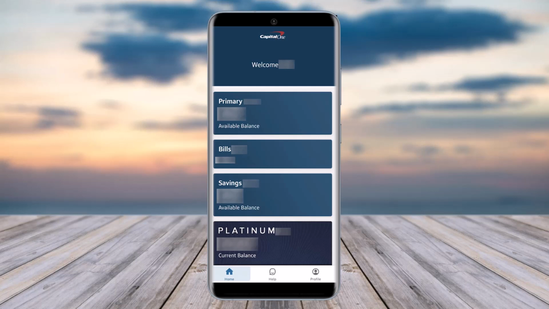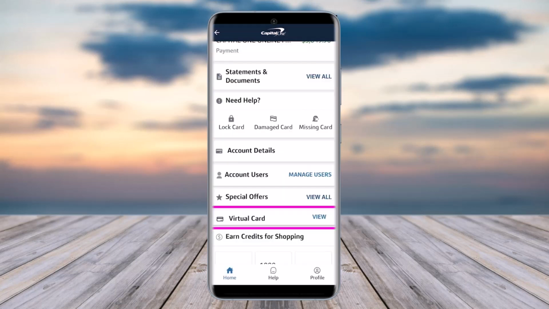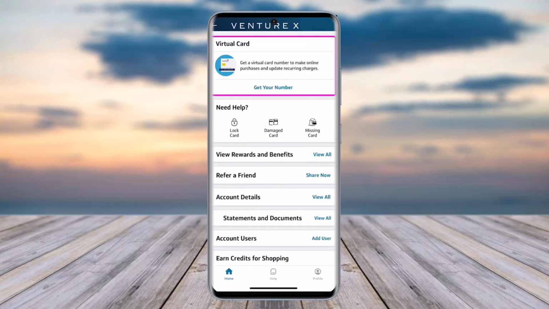For the matter, the very first thing would be simply for you to access your Capital One app on your mobile phone and swipe down, and then finally you will be able to access this option of a virtual card below the special offers. Go ahead, tap on it, and you will be able to view your virtual card on top. All you have to do is simply tap on this again and see the virtual card's security number, virtual card